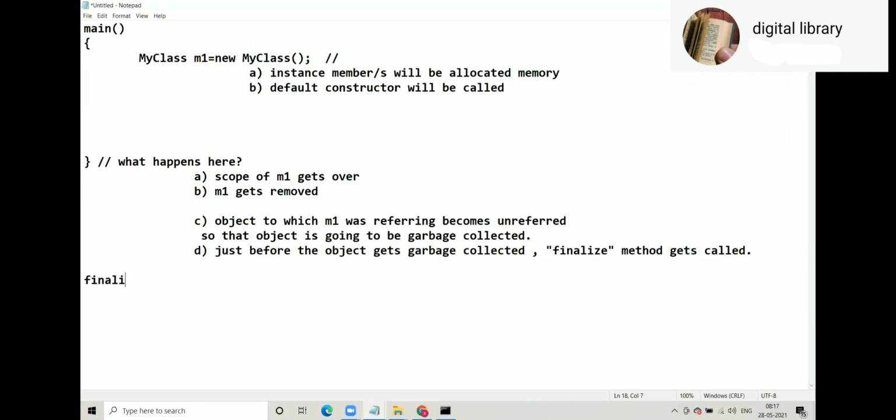The finalize method can be defined in order to release resources such as